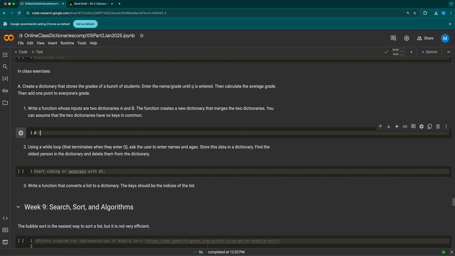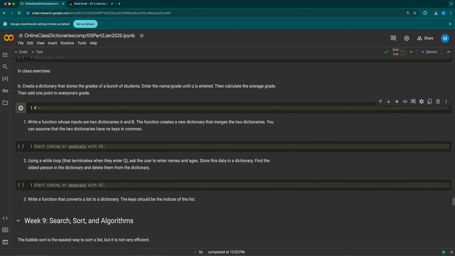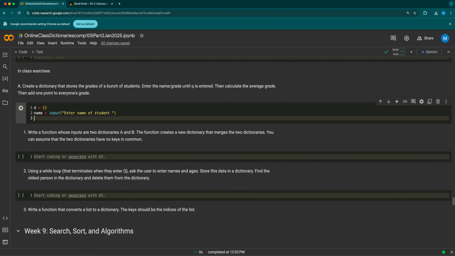So D equals, let me put it right here. All right, D equals an empty dictionary. I'm going to get the first name. Name equals input, "enter name of student". Okay. While name is not equal to Q,